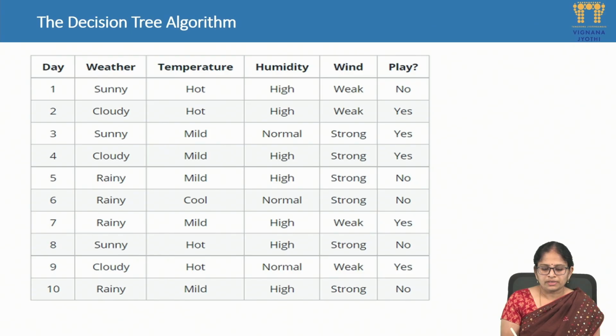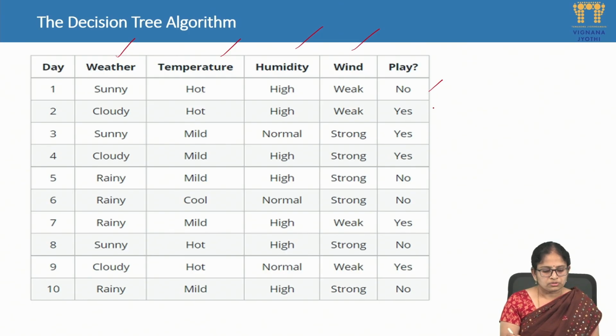This is an example data set for making predictions on whether to play tennis outside, yes or no. We are given weather data: temperature, humidity, and wind values. Based on all these values, you have to predict whether a person can go and play tennis outside,